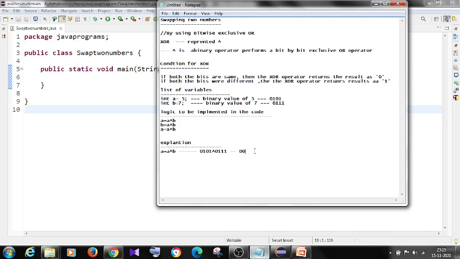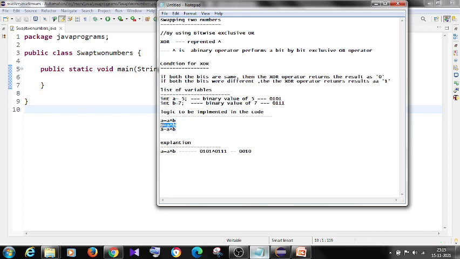The fourth is 1 and here the fourth is 1, so both are same, it will return 0. So this is the value of a now: 0010.